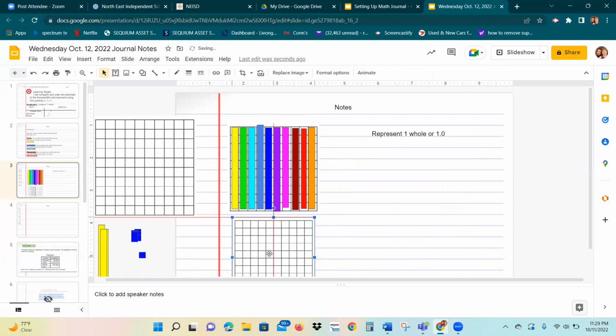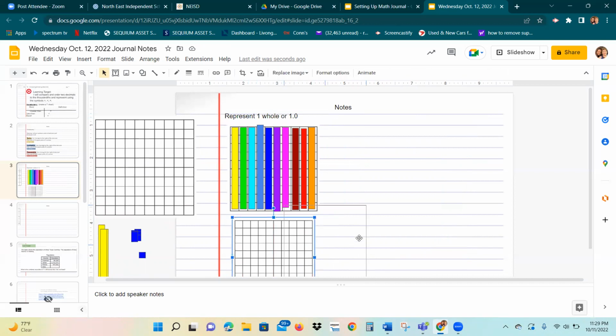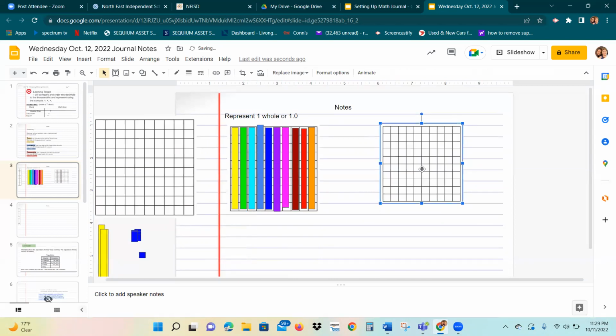Actually, I'm going to move this over here. You have more space. So I just moved the represent one whole above that. Then I'm going to move this over here. So if you want to do the same, you can, but if you did it the other way, that's fine too. All right, now I'm going to represent,